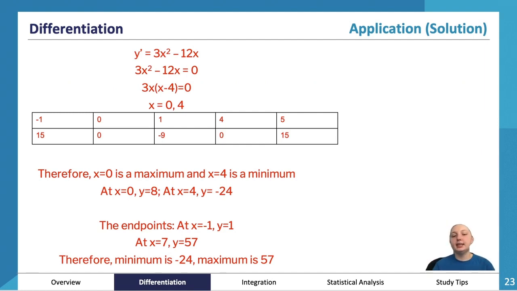Okay, also recognizing that your minimum and your maximum values are actually y coordinates. Your maximum is not at 0. While x equals 0 is a maximum, the global maximum point is not 0. The global maximum point is, well, in this case, it's actually 57. It's the y coordinate that is associated with the x, okay? Always remember that your global maximum, your global minimum are going to be the y coordinates,